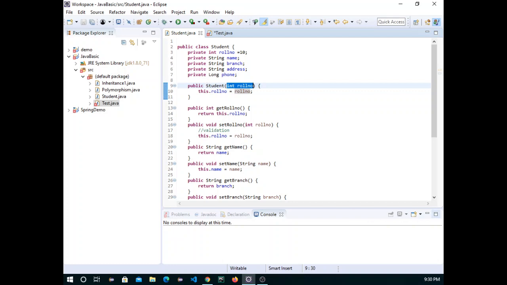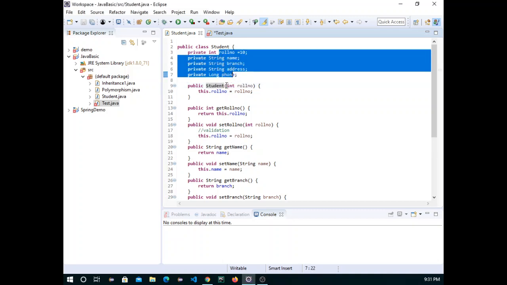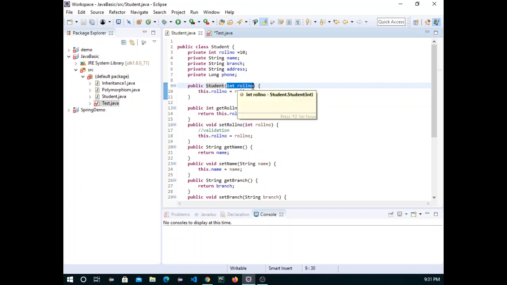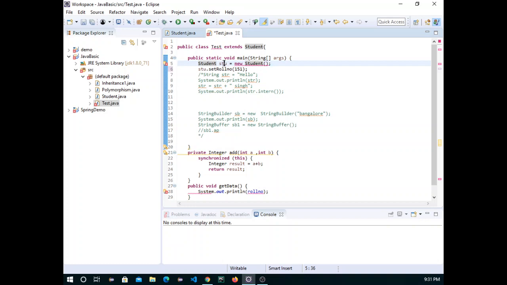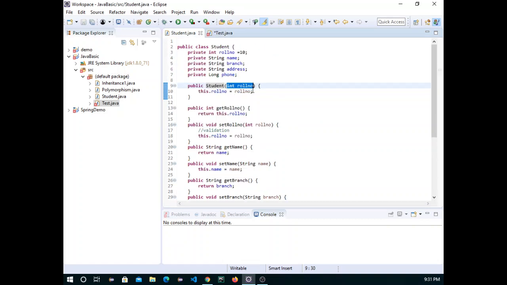The reason for that: what is the use of a constructor? Constructor is used to initialize the property. So if you are writing the parameterized constructor, it means you are providing a way to initialize the property. Otherwise, firstly we'll create the object and then we are going to set this. Rather than doing this directly, we'll provide it here and it's done. While creating the object itself you are providing all the data and the initialization is automatically done. So that's why Java is not providing the default constructor.